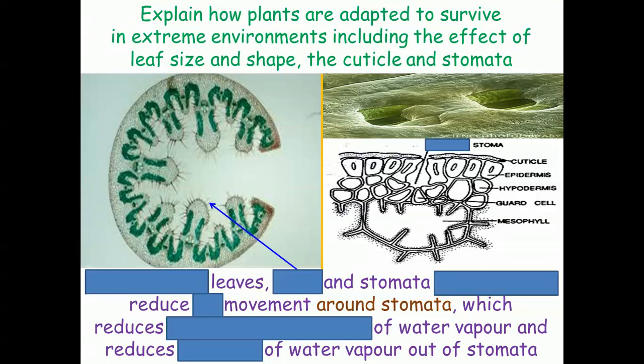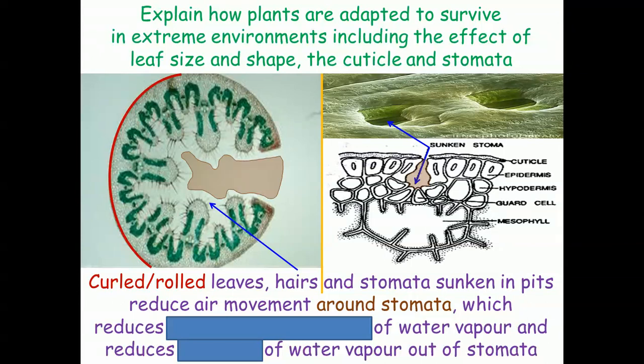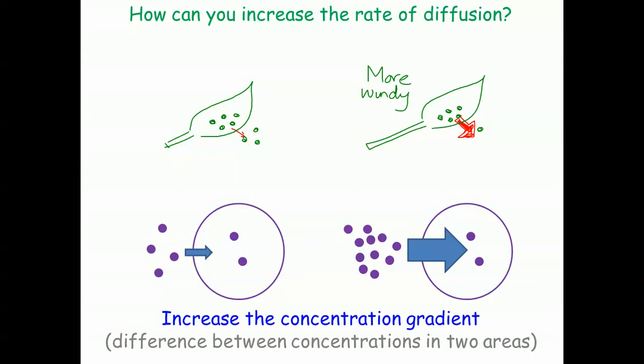Now here's some more examples of differences in leaf size and shapes, and also including stomata as well. So in this case here, you could see that the leaf is either curled or rolled. Also, this leaf has got hairs. And then if you look at the example of the stomata, these stomata are sunken in pits. And in all of those examples, it reduces the air movement around the stomata. Now we know previously that air movement has an effect on transpiration,